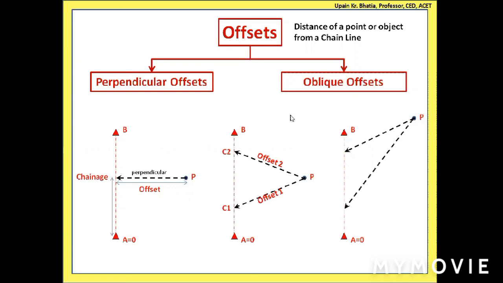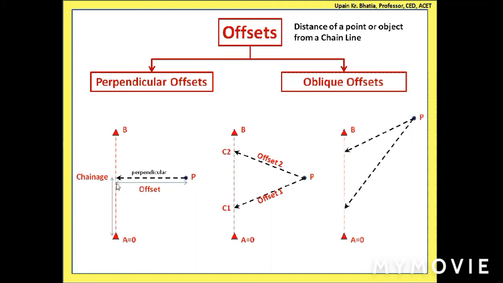Okay. But the question that I was expecting was, I told you that in chain surveying, we are not measuring any angular observation. We are not taking any angular observations. Angles are not measured. But in case of perpendicular offset, how are you going to draw this perpendicular to this line? How are you sure that this is a perpendicular? This angle should be 90 degrees, I told you. So the requirement of an angle is there. That means we need to fix it at a right angle.